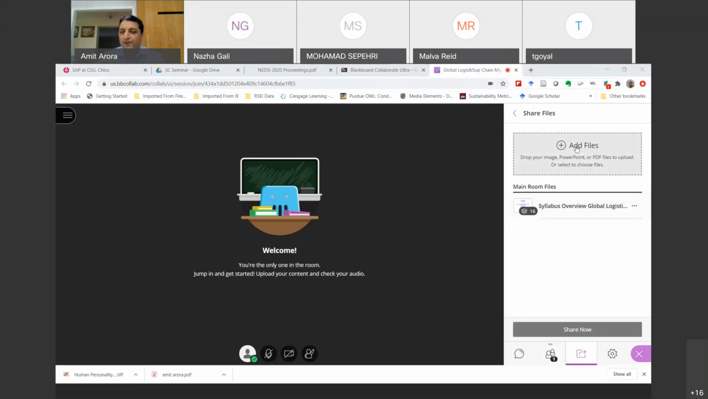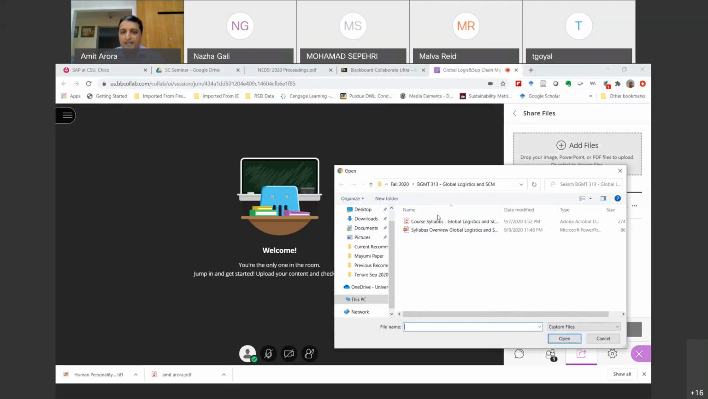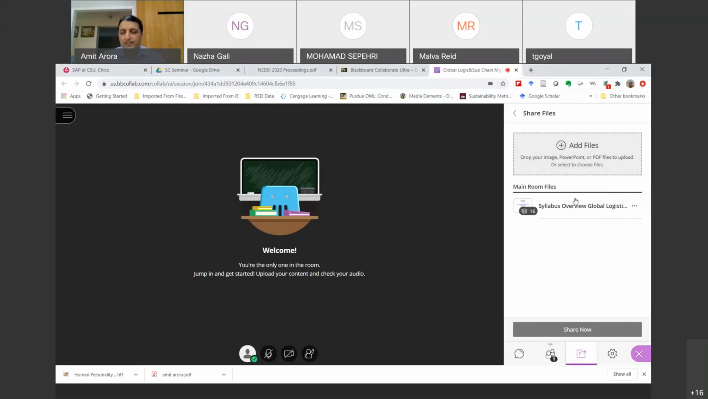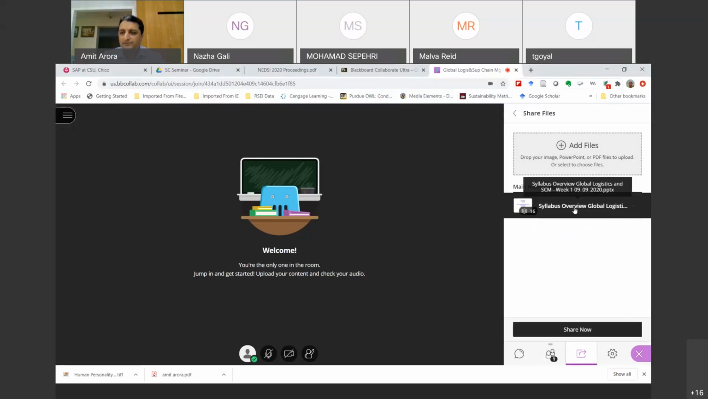So I can add a file, or I can just drag and drop that. Let's say it's a PowerPoint that I have to show to my class. So I can just add a file over here. I can click on this add a file, and I can choose whatever PowerPoint I have to show. As soon as I upload it here, it converts to picture format, right? So here, just to show you all, I've already uploaded a file over here. And if I click on it and click on share now,